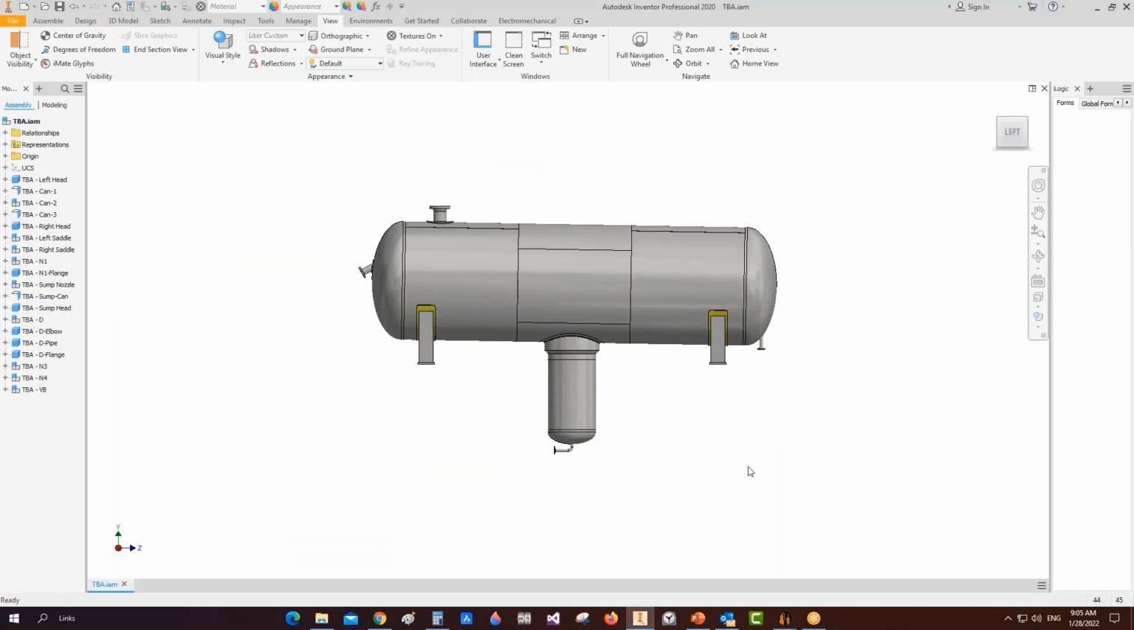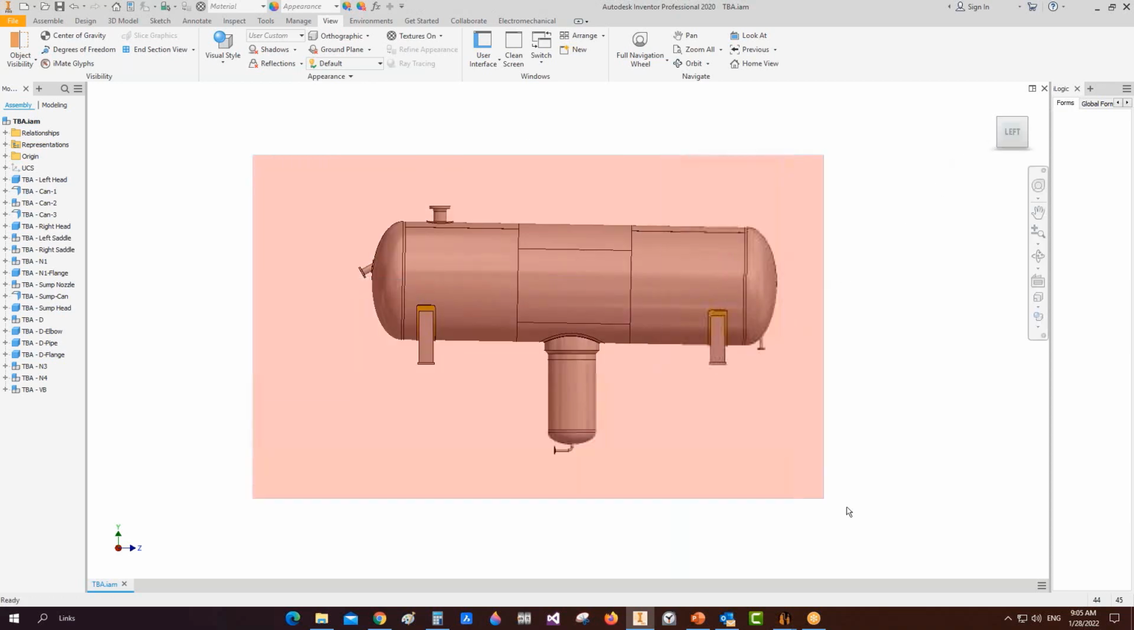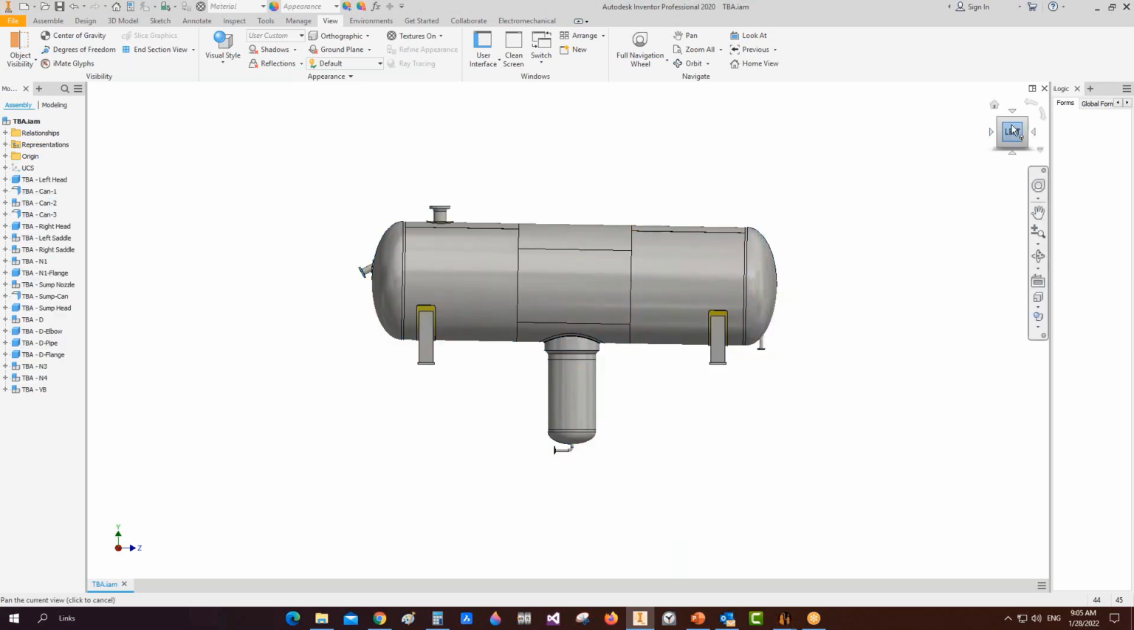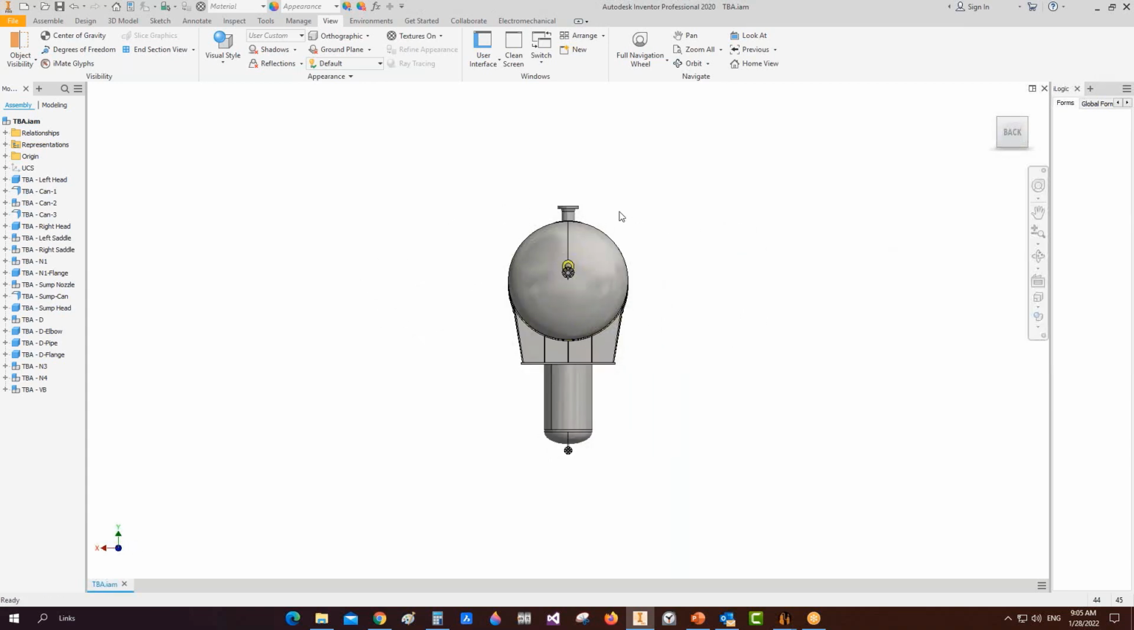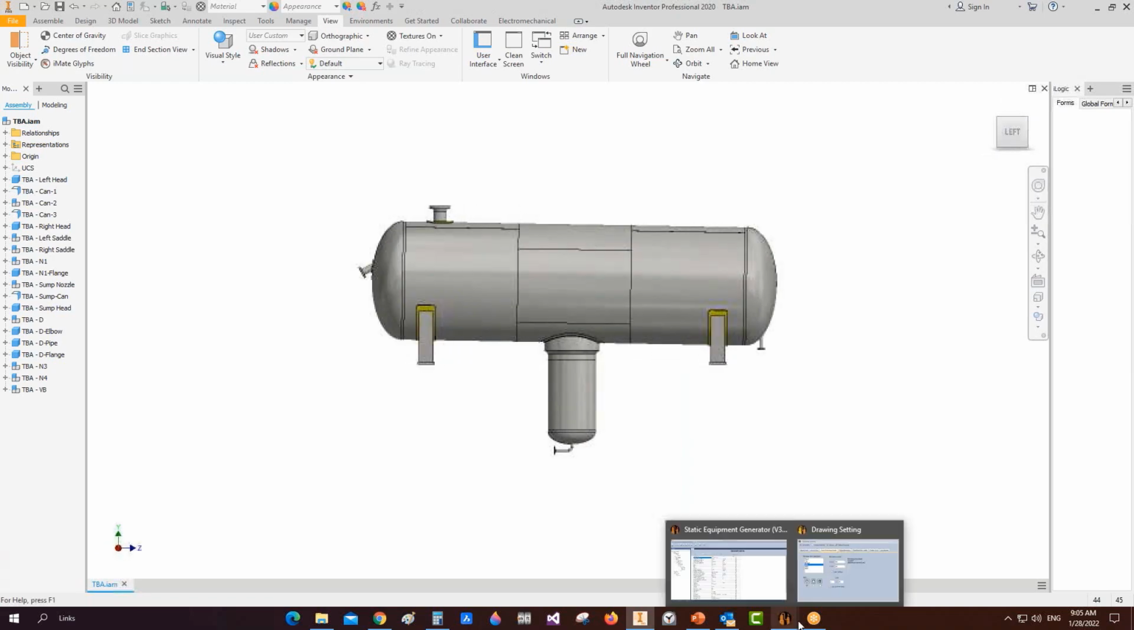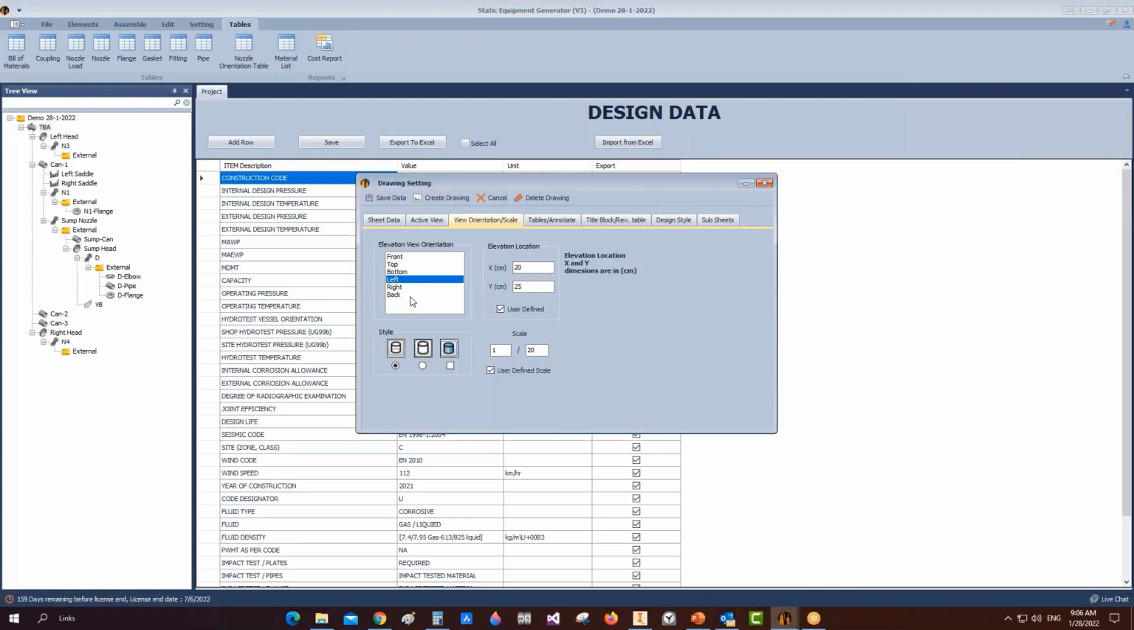If we open the 3D model of this vessel, and you configure that if you would like to make this view as the elevation view, here you need to select this as the left view. So the left view will be the elevation view. Okay, or if you would like to make this view as the elevation view, you will select the back view. So from here, let's select the left view, and from here you can define